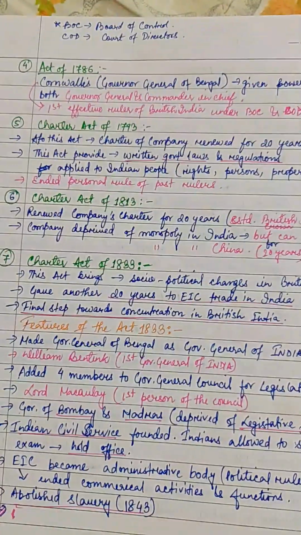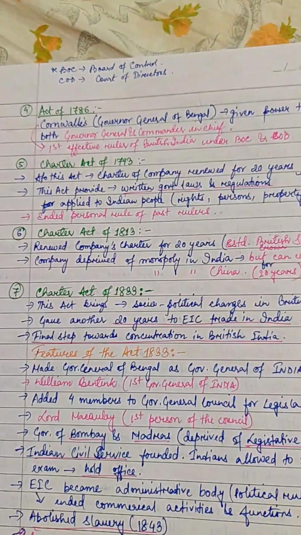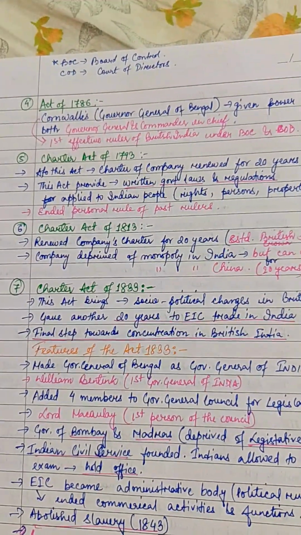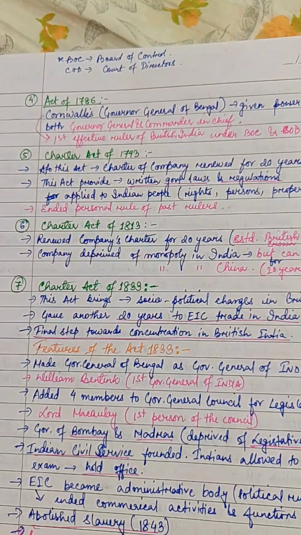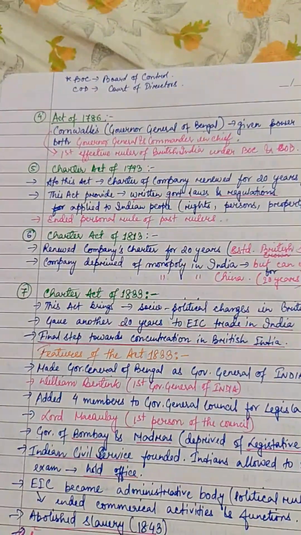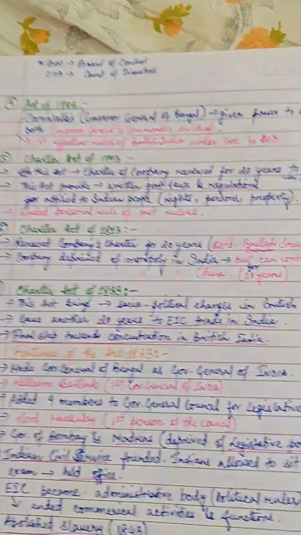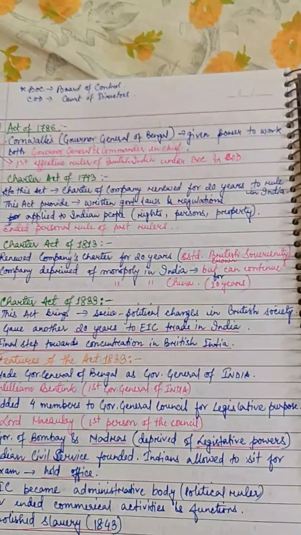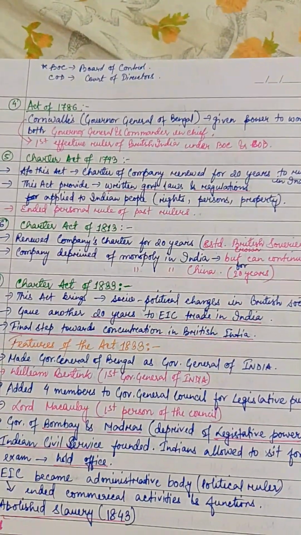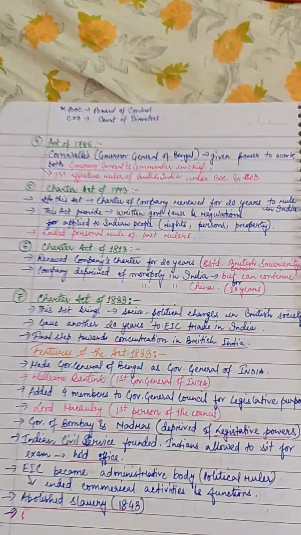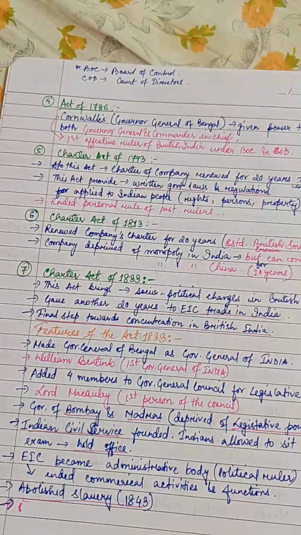But in this Charter Act of 1813, the British government made rules that even other businessmen and other countries can come here and do business. Or from Britain, why only the East India Company? Any other company can also come and do business. But yes, the East India Company can keep the monopoly, meaning they alone can do business in China for 20 years. This was the important part of the Charter Act of 1813. If you have to remember, just remember this much, it's fine.